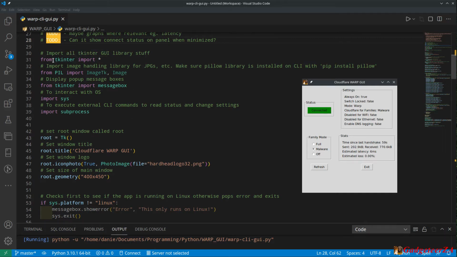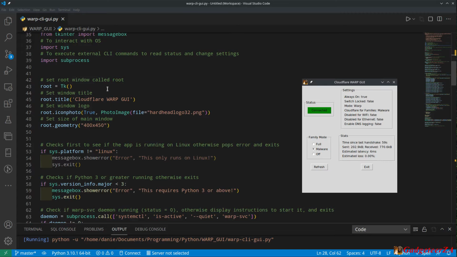So typically, for example, that tkinter I talked about, you need to import that and the message box functionality for these things to work, and that these commands will be recognized in the code. The image part was really just for the icon. That's all I'm using it for. And the other two important ones were sys and subprocess. Those allow you to interact with the command line interface and the operating system to check a few things.